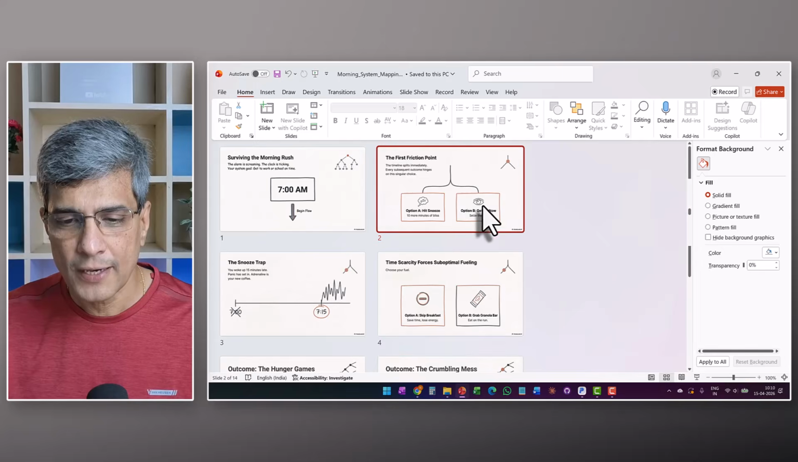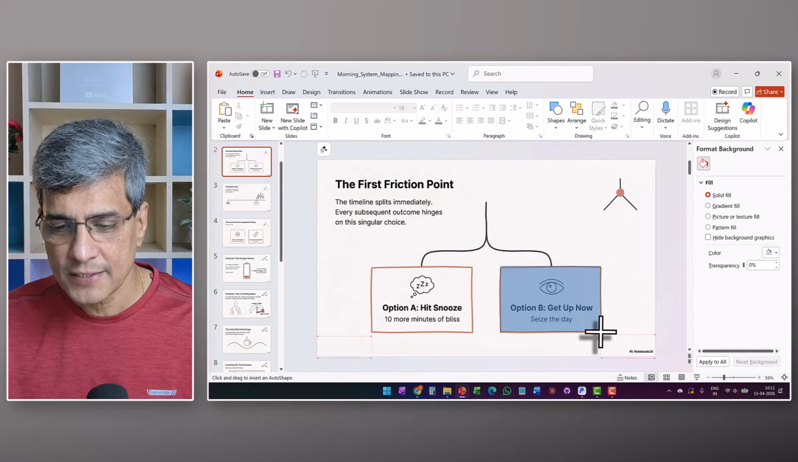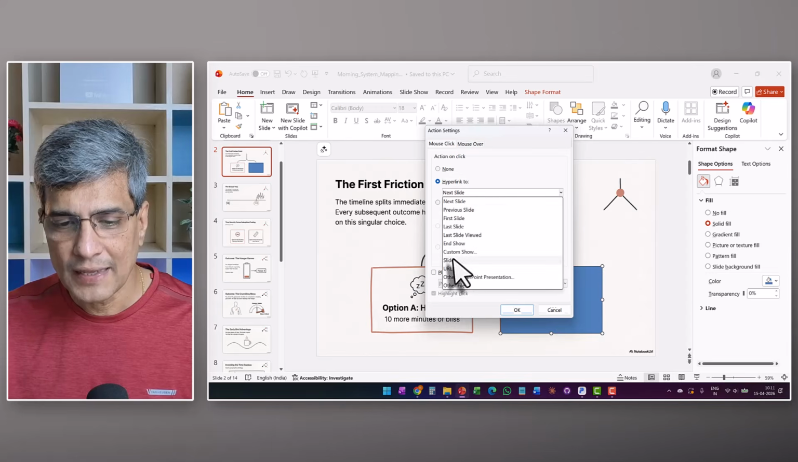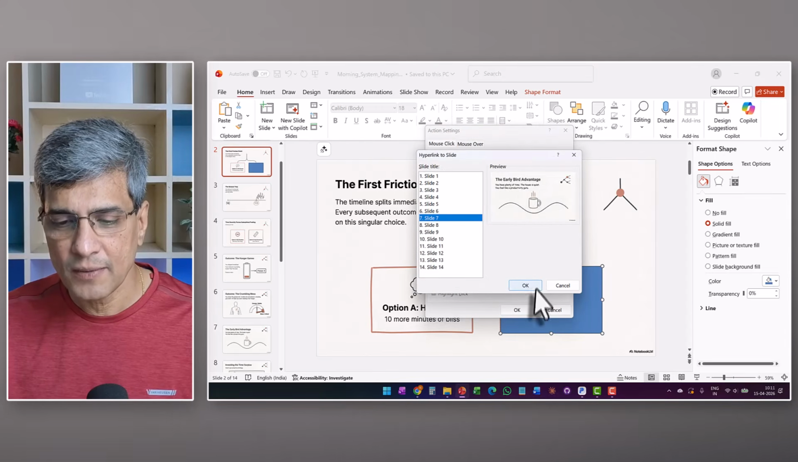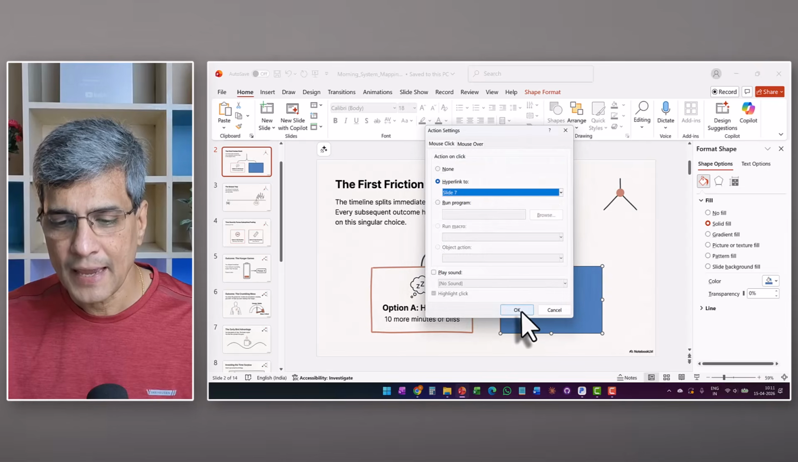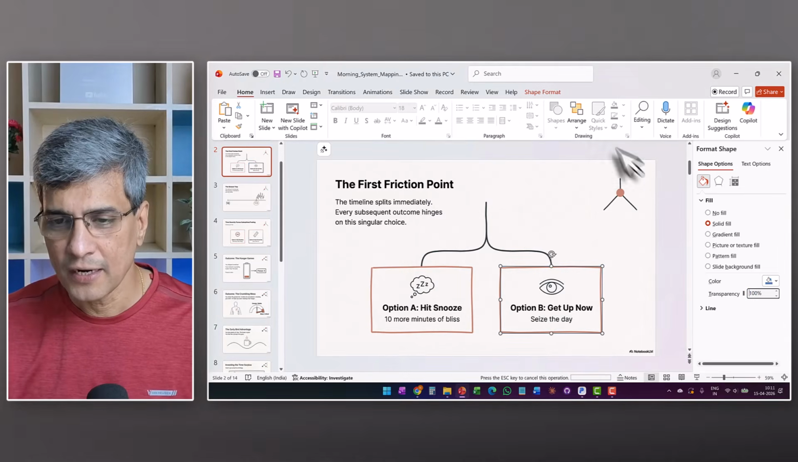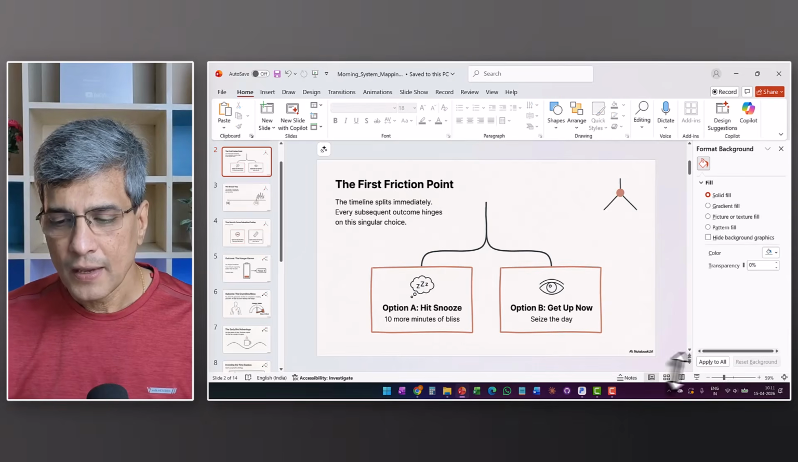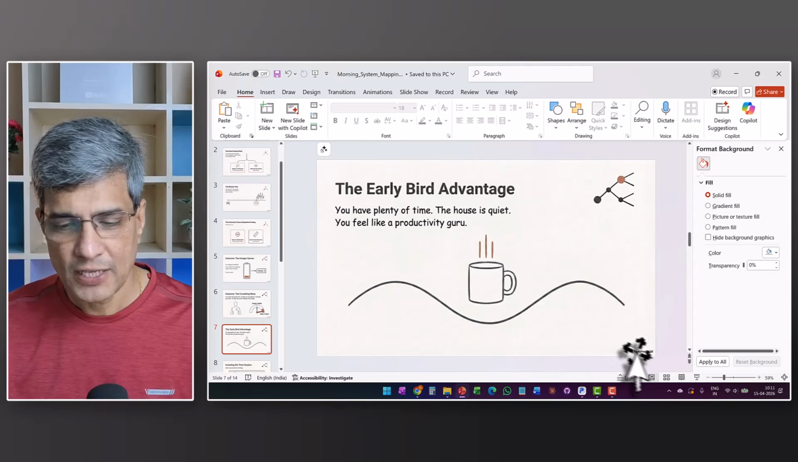So let me go here, go to the action button, and then draw the action button to cover this, and then hyperlink to, and then go to slide and say slide 7, which happens to be the early bird advantage, and say OK, and say OK again, and increase the transparency of the box to 100%, no outline. Now when I go to slideshow, I click on this, it takes me to the early bird advantage,